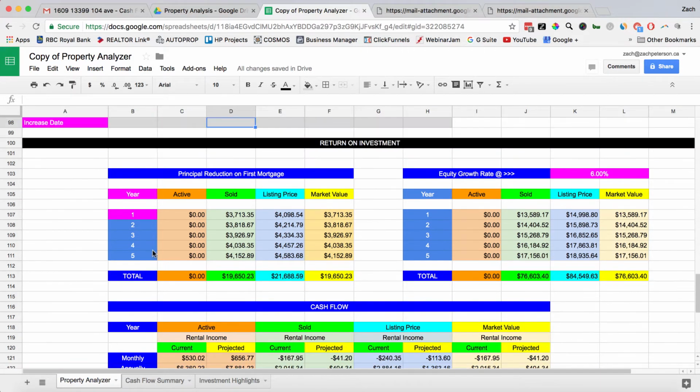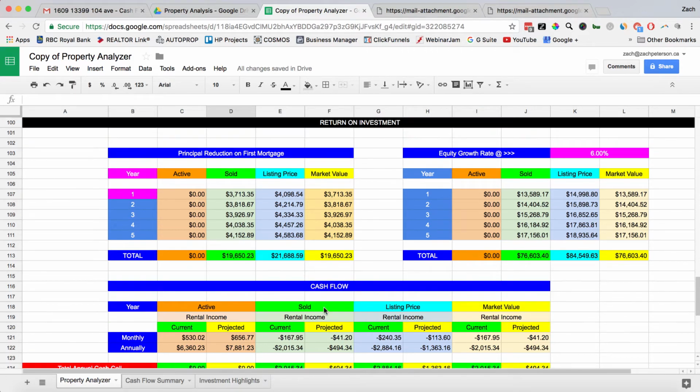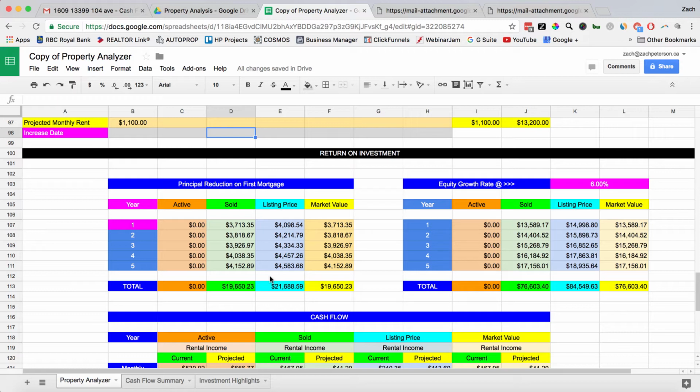Now here we're going to look at your return on investment. There's three pieces to this. You've got your principal reduction on your first mortgage, the tenant paying down the mortgage. The property is going to go up in value every year if you bought in the right area. So you've got equity growth, and then you've got cash flow. So looking at principal reduction,